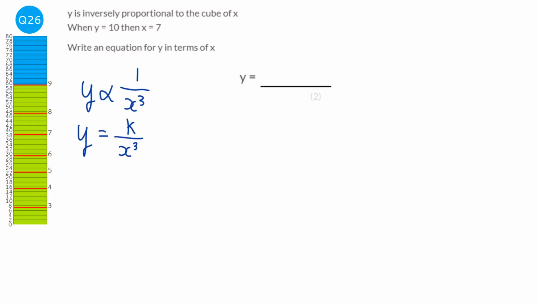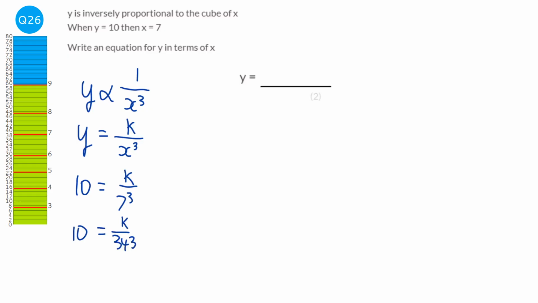Okay, now we need an instance where we know what y is when x is something, and here we do have that. So we've got y is 10 and x is 7. We're going to feed those numbers into this kind of equation that we've made. So it's going to be 10 equals k over 7 cubed, or 10 equals k over